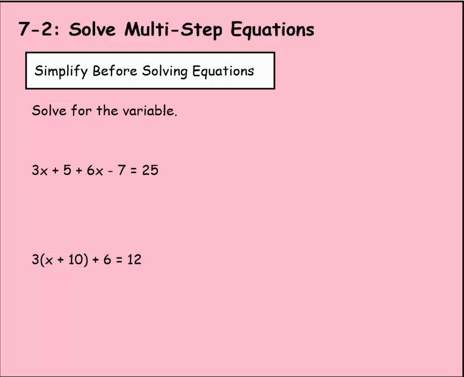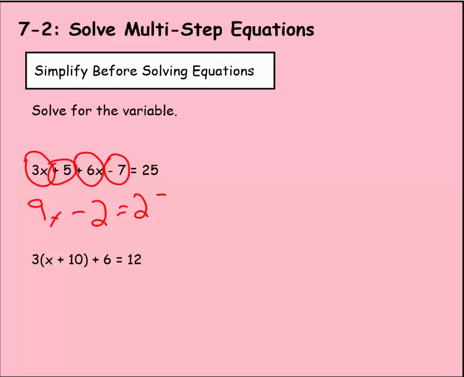First, let's practice this part of the equations. We can simplify before solving them. So it says solve for the variable. We have 3x plus 5 plus 6x minus 7 equals 25. If you remember our first lesson where we simplified like terms, this 3x and 6x are like terms because they have the same variable and the same exponent. So 3x plus 6x would be 9x. We have positive 5 and then negative 7, so 5 minus 7 would be negative 2, or minus 2,